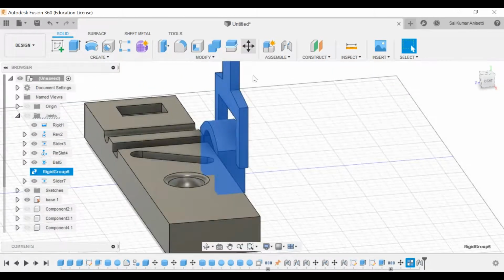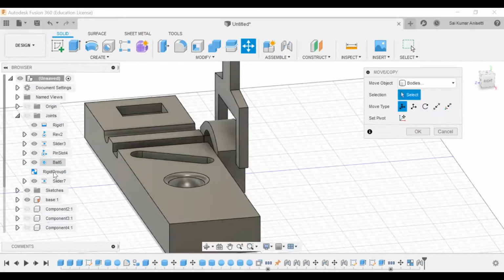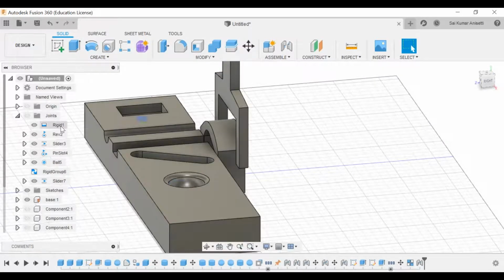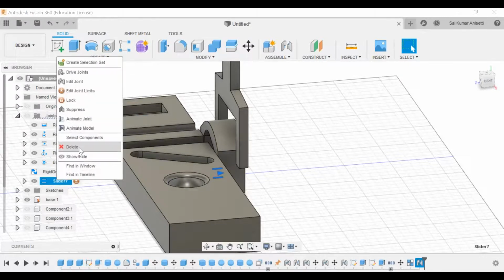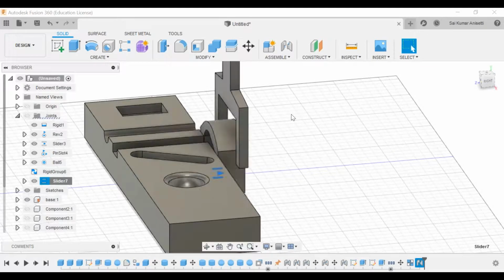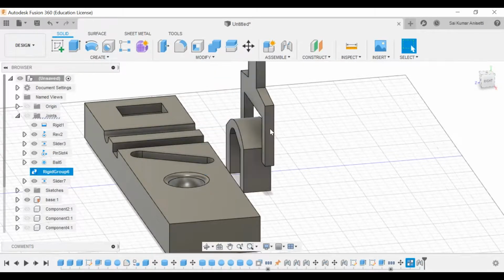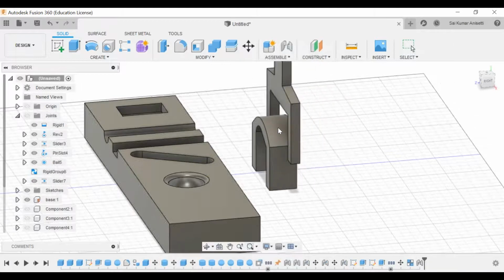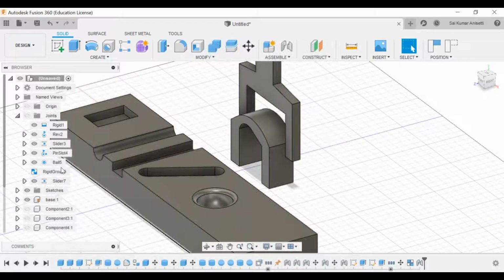Now if I want to move this particular rigid group, click this. There is my rigid slider. Okay, if I animate my joint, now if I want to move this particular joint, I can select it in a single instant.